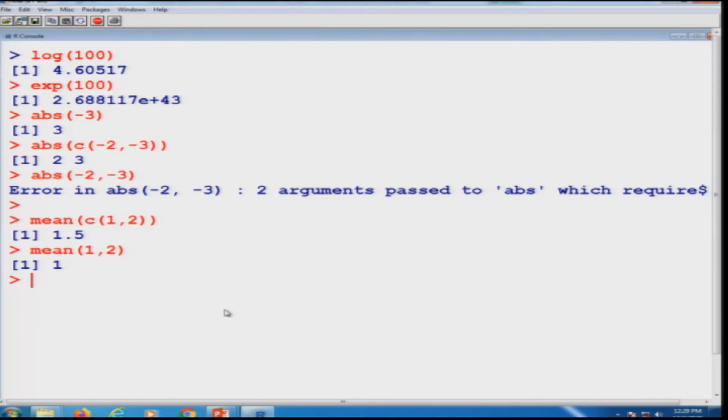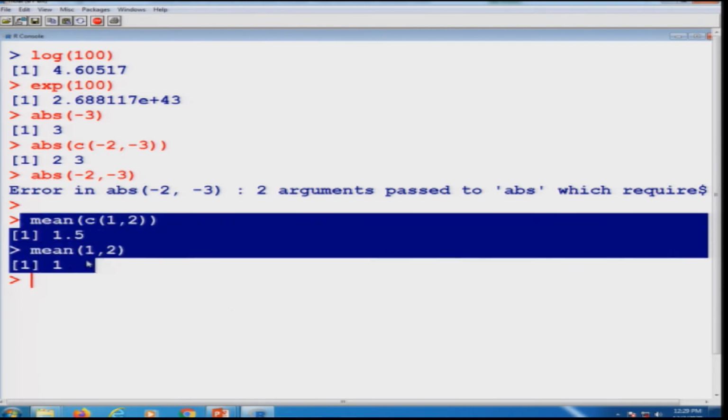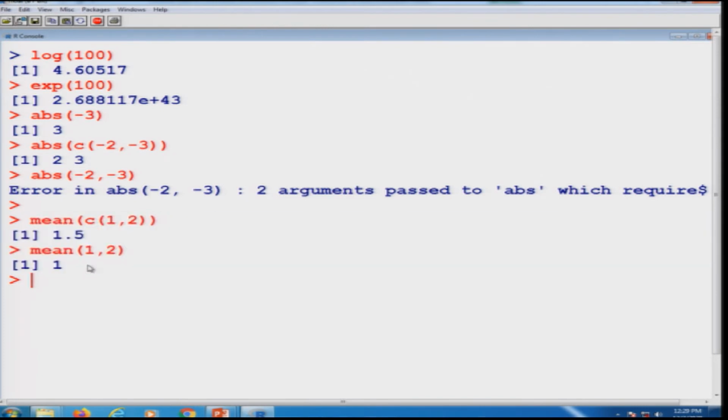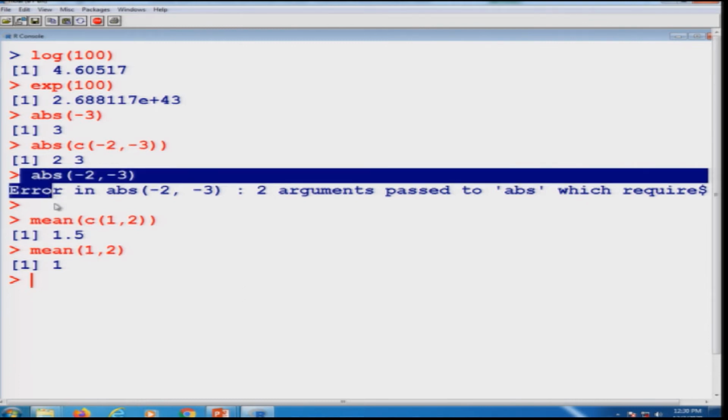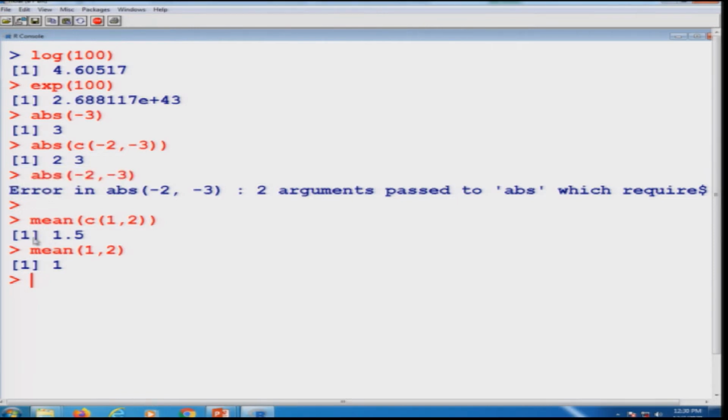Do you think that the mean of 1 and 2 is 1? No, the mean of 1 and 2 is 1.5. But what it is doing here is giving you the answer 1. That means it is trying to take only the first value. This is exactly what I was trying to tell you in the beginning, that if you do not use the C command, for example, in the case of absolute, it is giving you an error, so you will come to know. But in the case of mean,